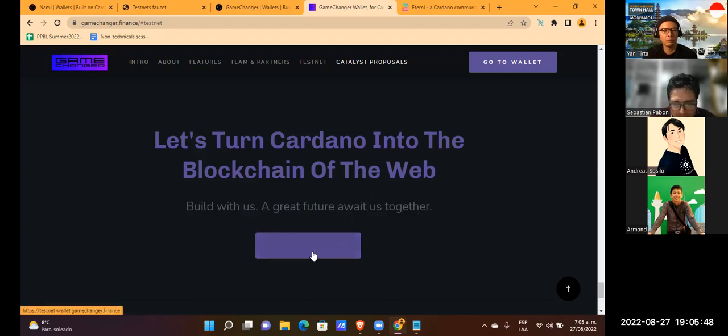But in the testnet, all is free. Your tests, your deployments, your building process is free. So you want to work all the time in testnet until you are ready to deploy on the mainnet.